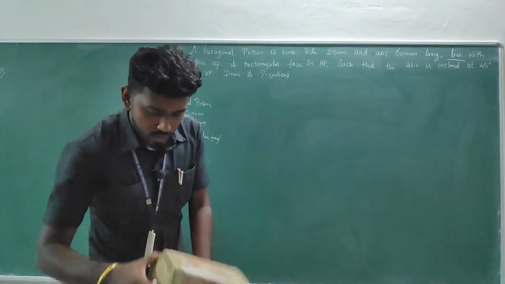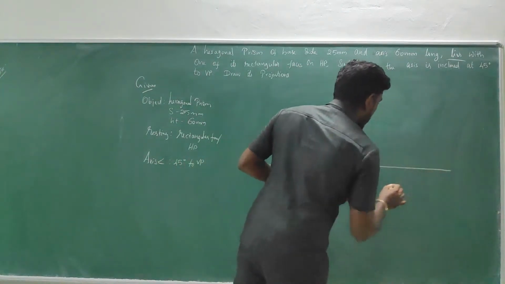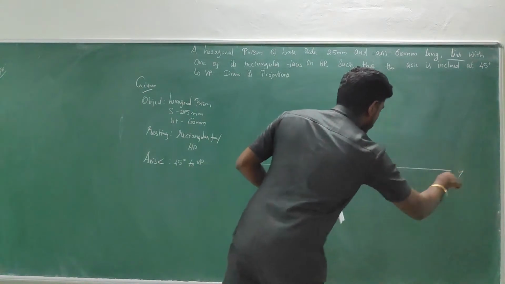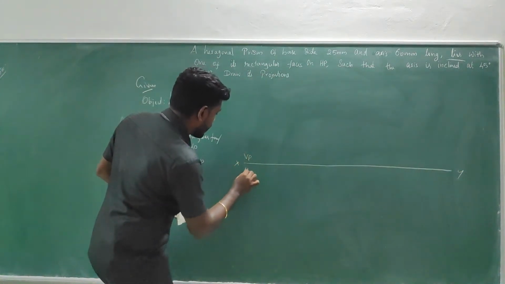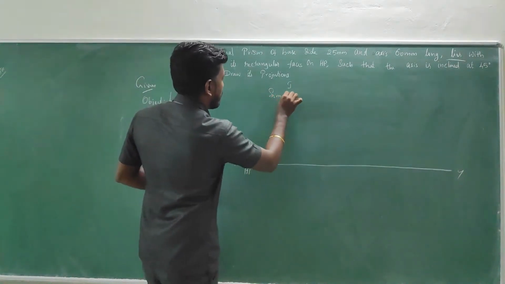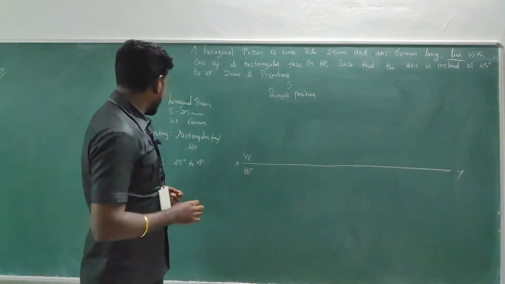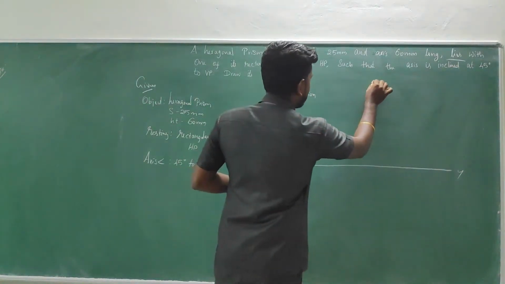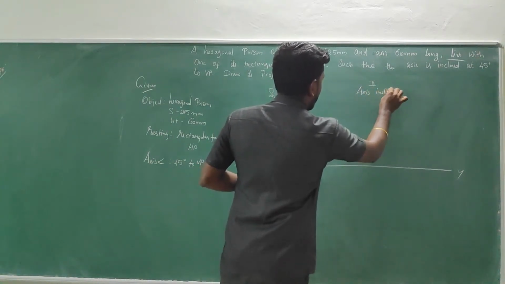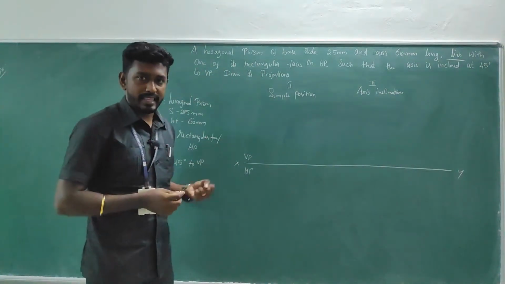We need to undergo two stages as per the change of position method, or rotating object method. We need to take two steps. The first one is the simple position, and the second one is the axis inclination.